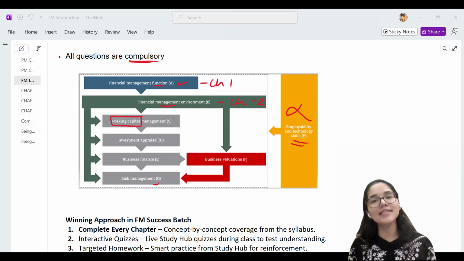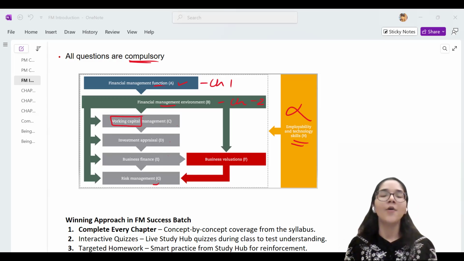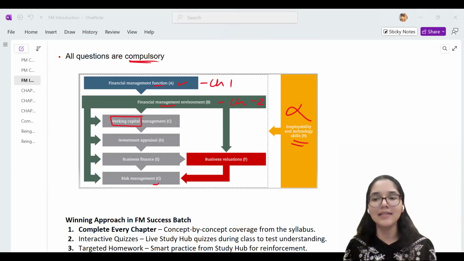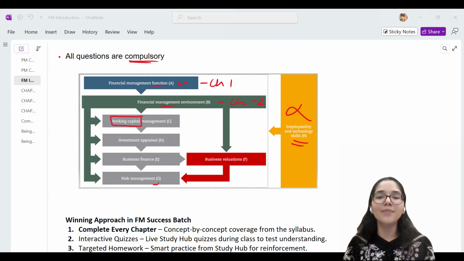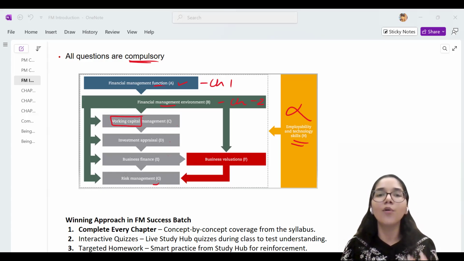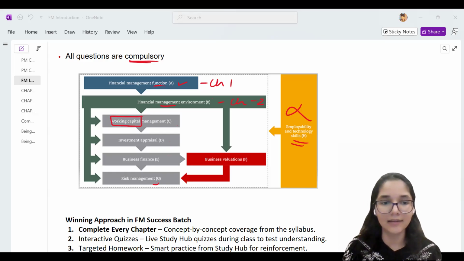Absolutely. This is current assets minus current liabilities, where you say that this is the money that is used for the day-to-day operations. Absolutely correct, Samanvai. So this means the money that I'm holding in the business for the day-to-day operations. So the formula that we have learned is current assets minus current liabilities.